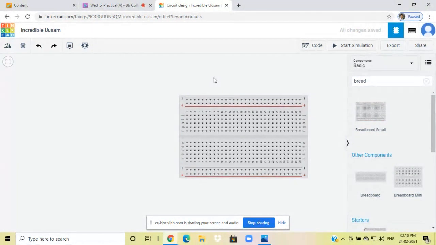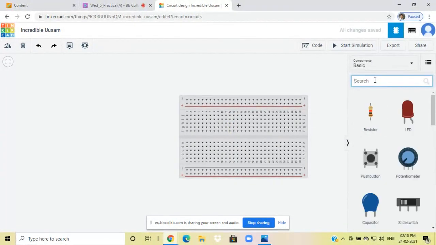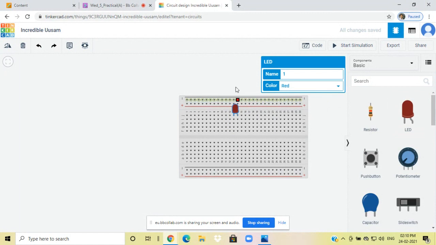As I explained you, what is a breadboard? It is a plastic body where we have the tiny holes. In the tiny holes, we can insert the component to make the circuit. Okay, after inserting the components, we have to use the connecting wires to make the complete circuit. So on the breadboard, first I will connect a LED because it is the LED blink project. So I put LED here.